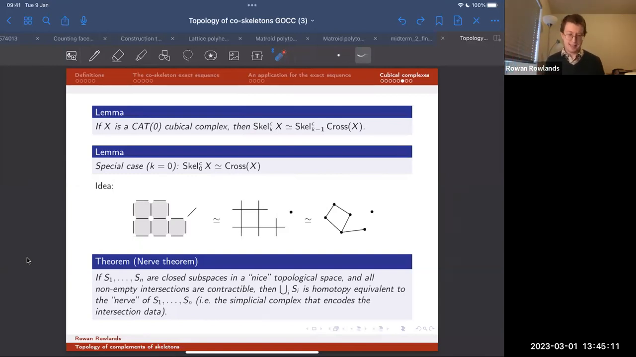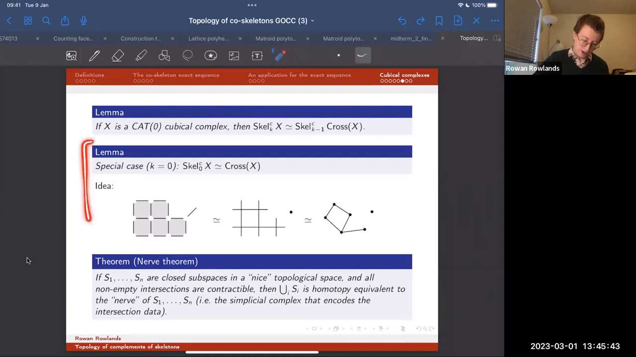A priori, it doesn't seem like there should be much reason why these should have any kind of similarity topologically, especially since a cat zero cubical complex is always contractible, but its crossing complex can be any flag simplicial complex, so it can have pretty much any well-behaved homotopy type. So yeah, I think this result is kind of surprising. Unfortunately, I can't really explain why this is true. It requires a lot more details and terminology that we don't really have time for today, but